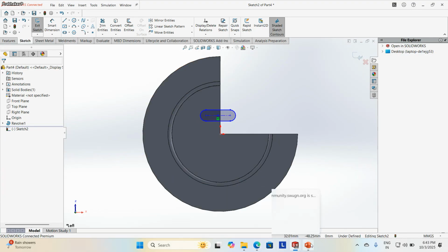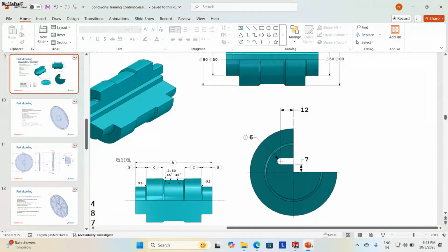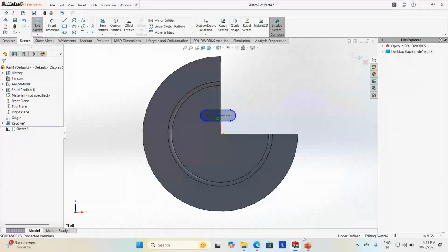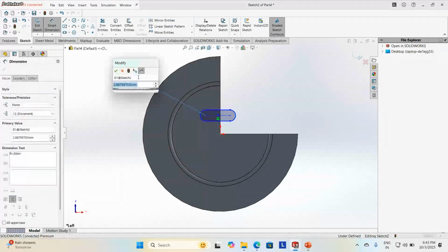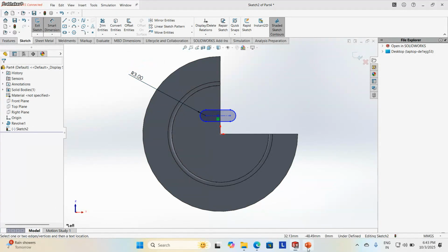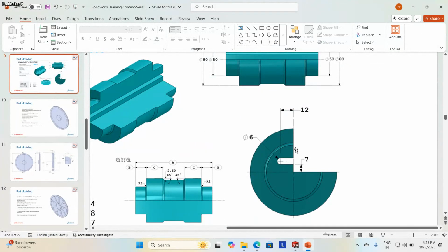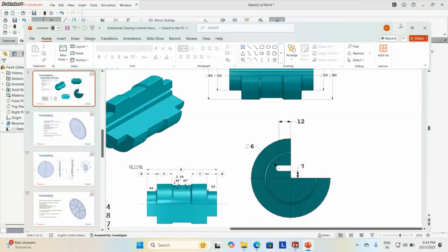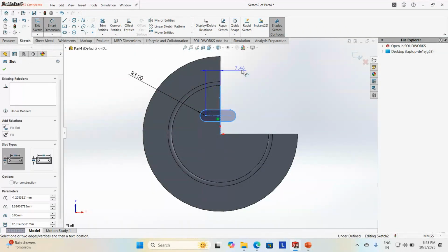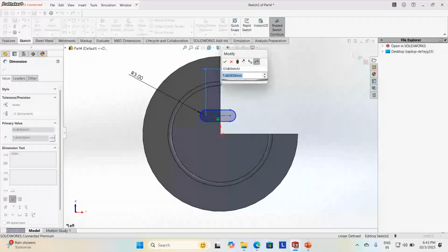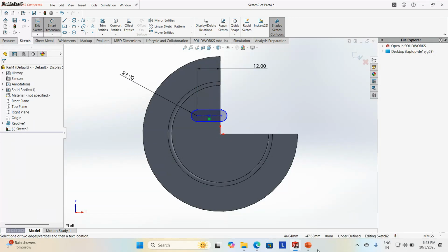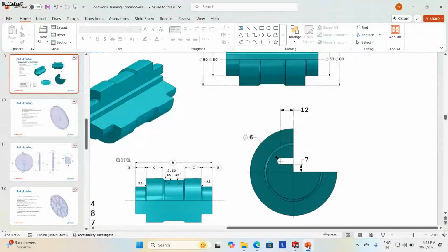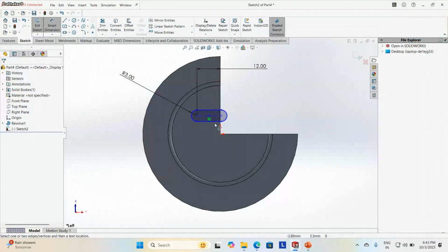So the slot command I picked. The dimension is diameter 6, which means radius 3. Diameter they have given. This is something you should be careful about. Other distance is 12. And from bottom it is 7 mm.